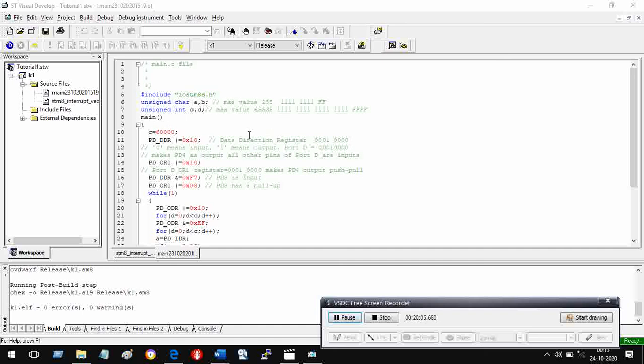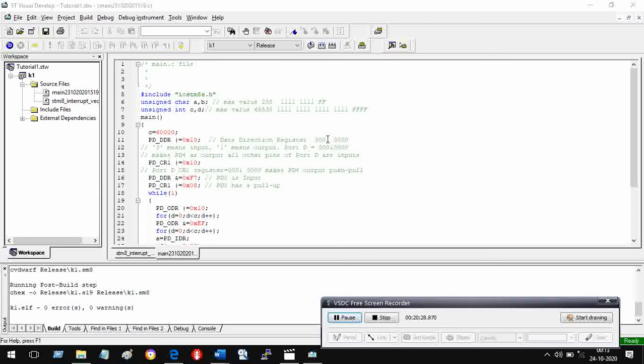So what I have done is PD underscore DDR means port D data direction register, and this bit I set to 1. I wanted PD4 to become 1, the fourth bit of the data direction register. So if you look at this, it is bit 0, bit 1, bit 2, bit 3 and bit 4.